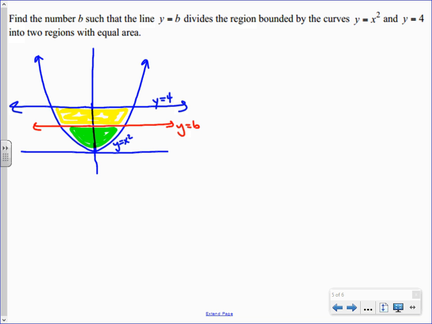Y equals a number and that divides. Y equals the area of